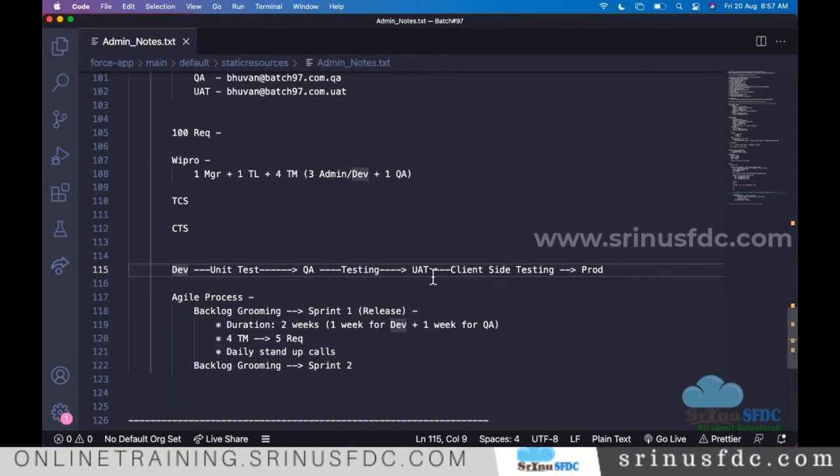But in some small client projects, you see only development and then deploy to production. In dev only we do the development and the testing and deploy to production. I saw such kinds of clients also, right? It's all based on the client project and their budget. But most of the times, 80 to 90% of the projects, you see companies following this process. Okay. Does that answer your question?